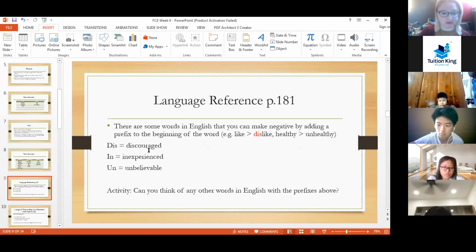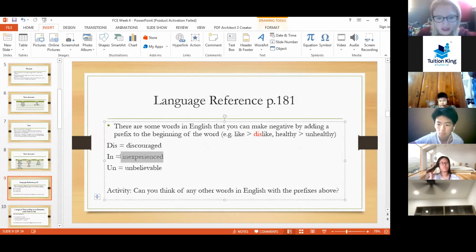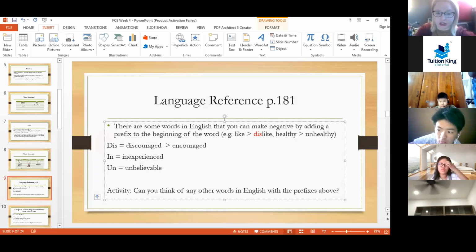So, discouraged, inexperienced, unbelievable. Now, I said to you that we could just take the prefix off and then we would have the positive version of the word, so we can change unbelievable to believable. However, a note about this word here, discouraged. The positive form of this word is actually encouraged. This is just one exception,